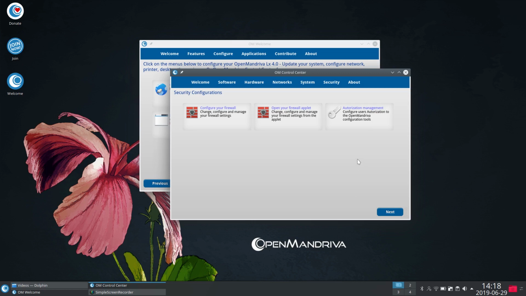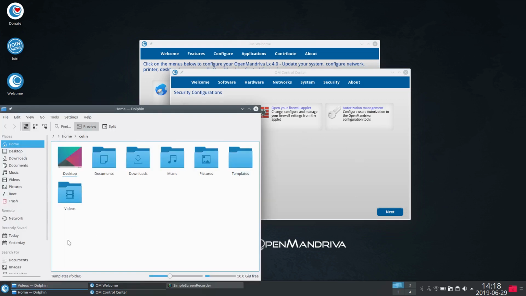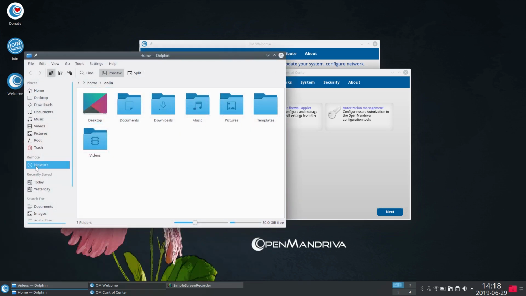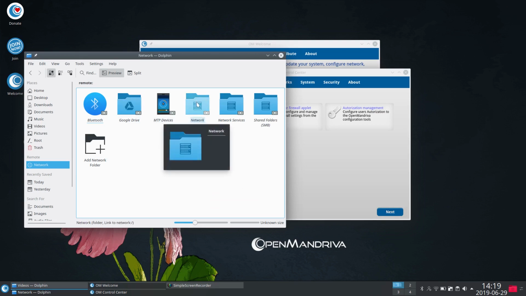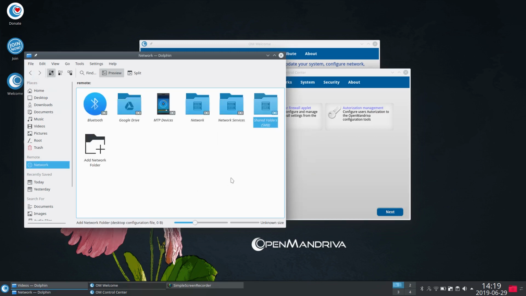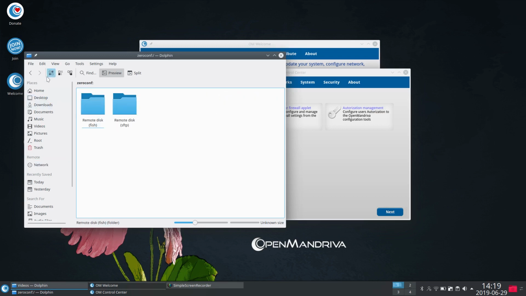authorize management. So one thing that I noticed on Dolphin is network. Now, it may be working after update. So let's click on network. So there we go. Actually, when I first installed it, I didn't have these options. So maybe I hadn't done the, or let's have a look anyway. So I think it's shared Samba folders, I think. So unable to find work groups, network services, or we go to network, and it doesn't appear to find my